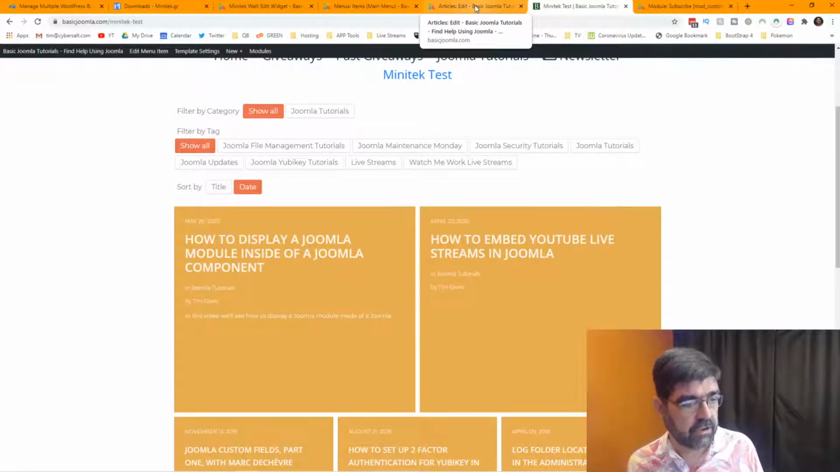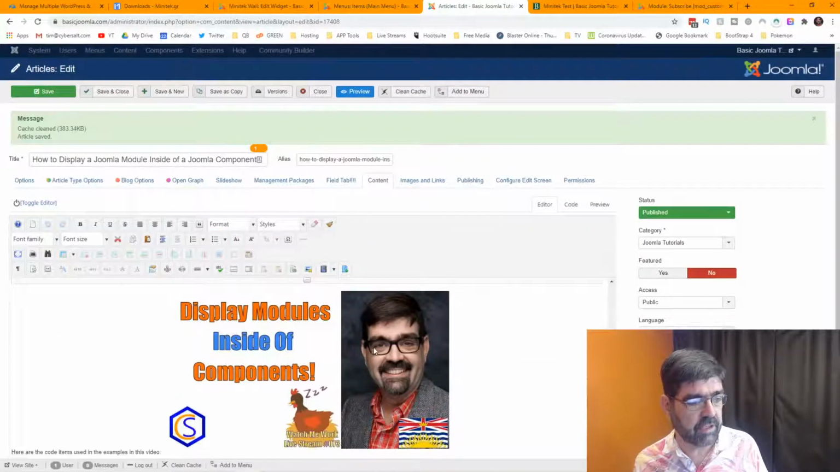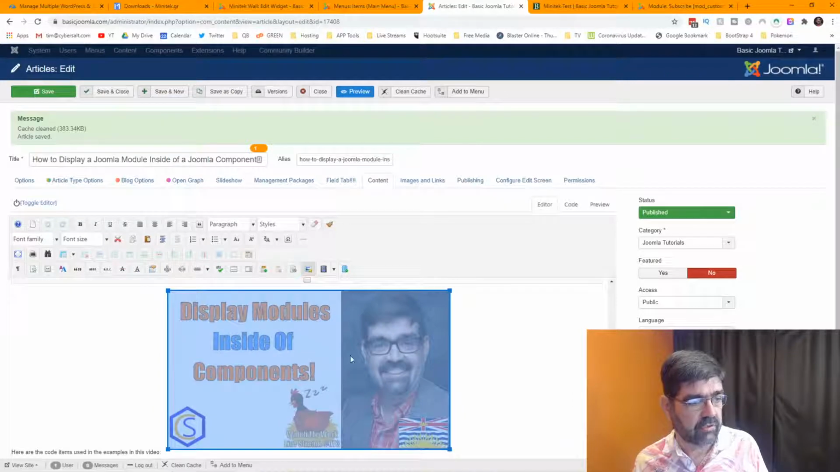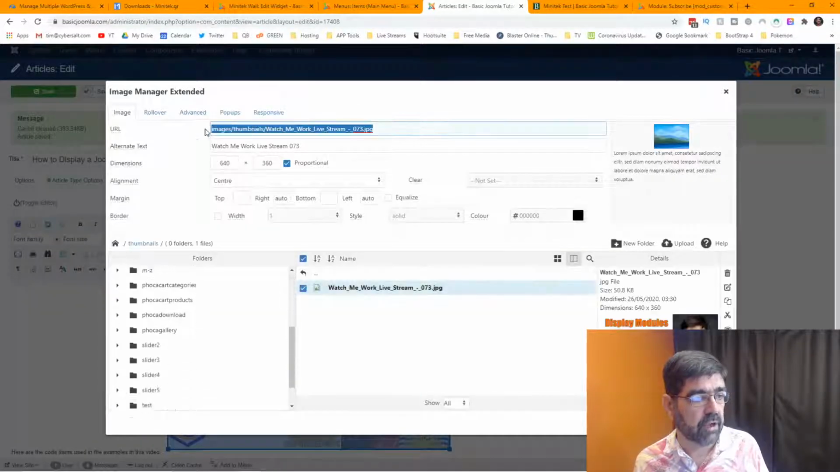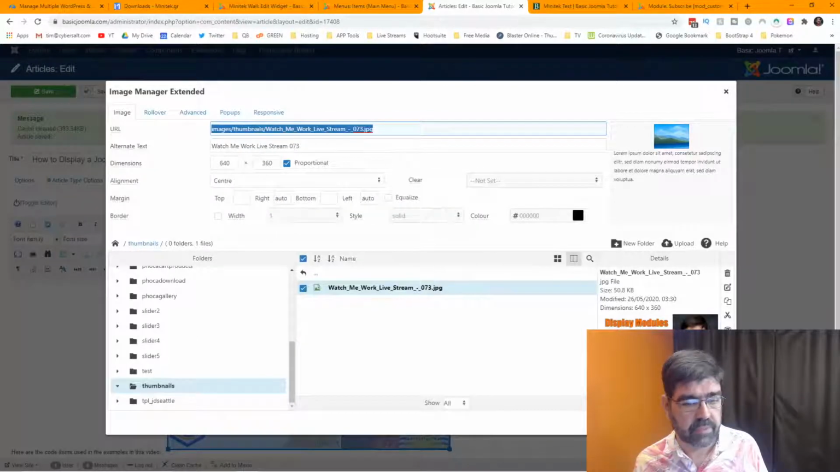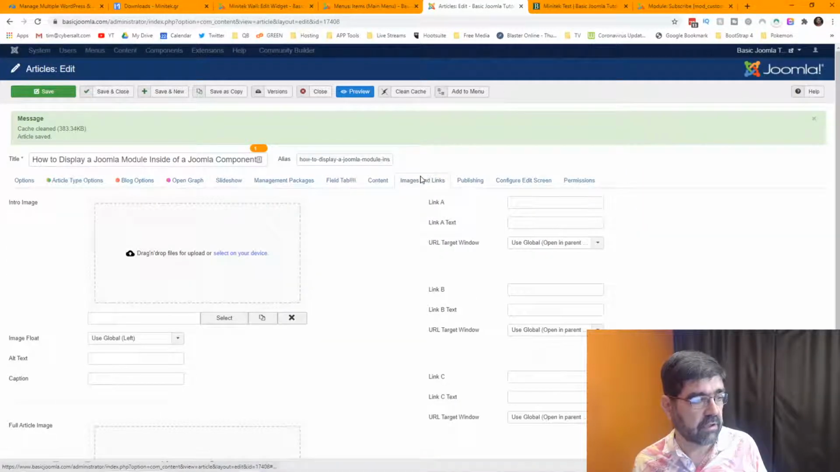now of course the other thing that you can do is that if you want to specify a different image, you can do this. Let's get the address of this image. I'm just going to grab the URL right there, or the location on the site. Now under images and links,